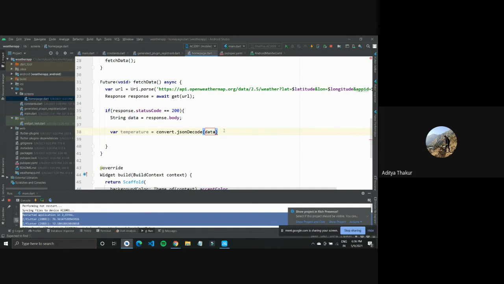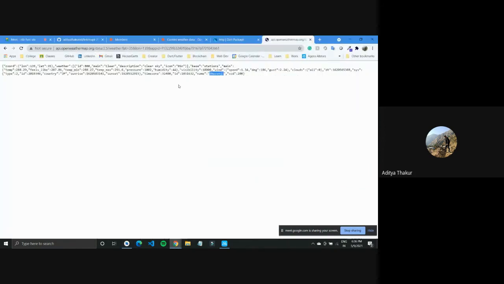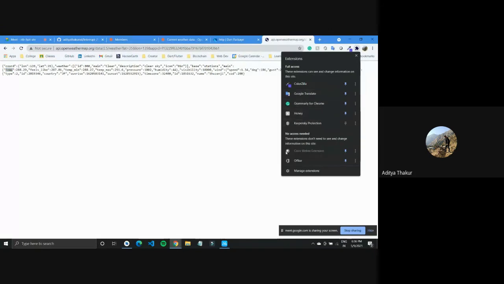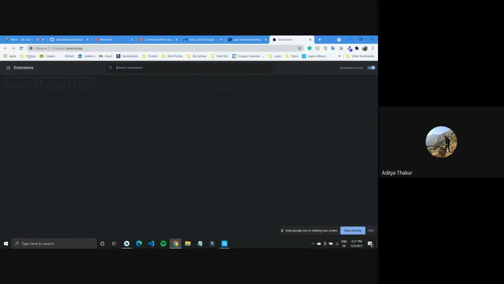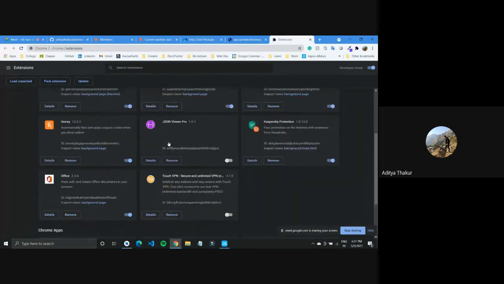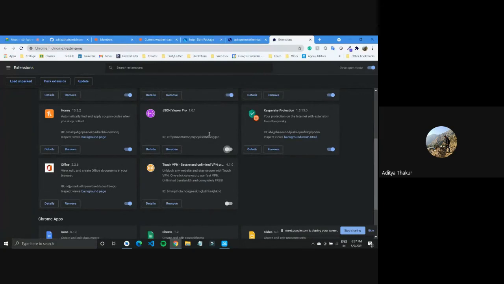Now, as you go inside a JSON file, you can give the name of the key whose value you want, and you can try to get it. The temperature that we want is inside this main, and then temp. So we have our main here, and inside that we have the temperature. I think it would be more visible if I had that extension. I forgot the name of that extension that helped you better visualize. Yeah, this is the extension. I don't know why it's not turned on.